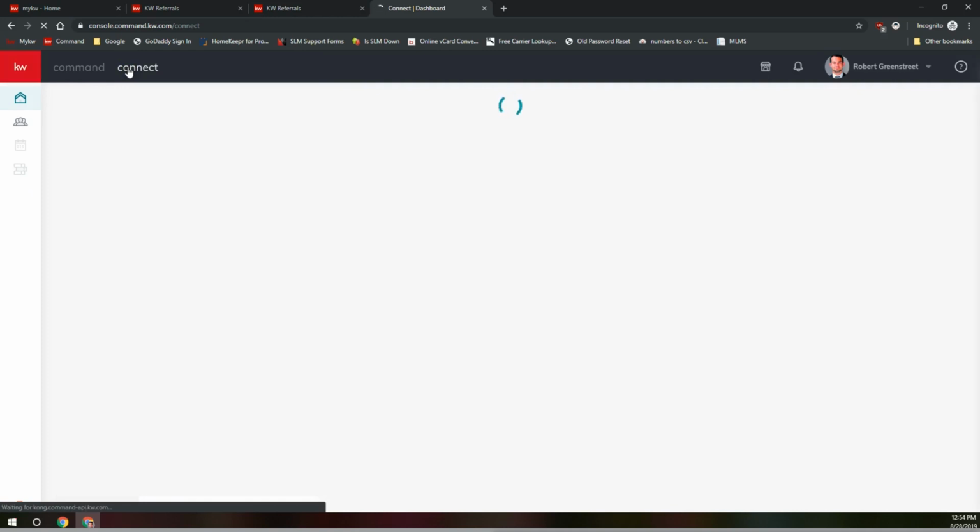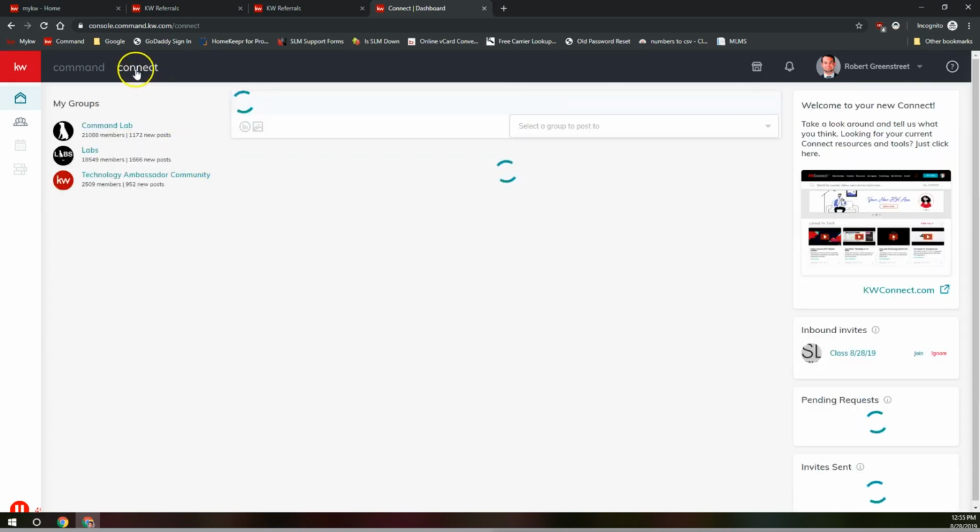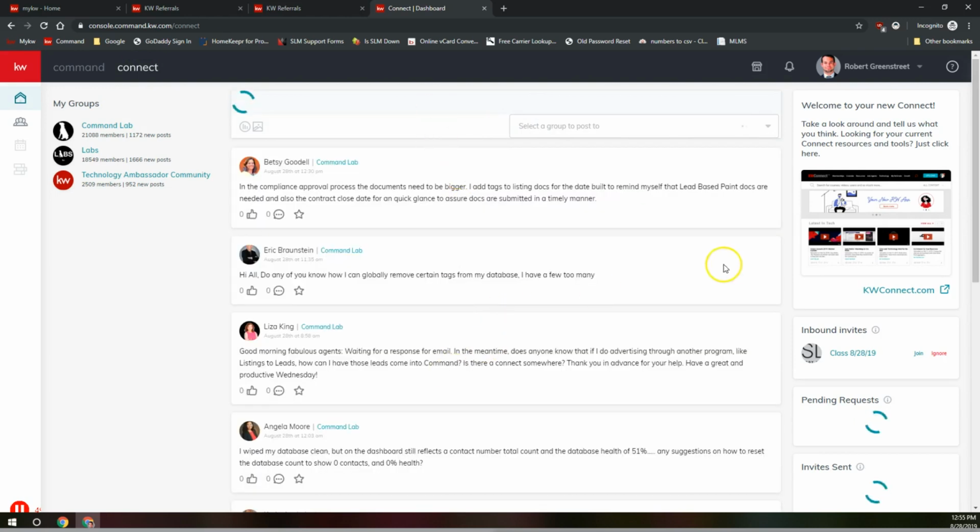So remember, on Scott's side, I sent the invitation over to me, to Robert. Here on the Command dashboard, where it's showing your groups and that summary of all posts in your groups, over on the right here is where you're going to find those invites to those groups. So Sean, if you're here on the dashboard, you could click that Join button there. And when I do that,